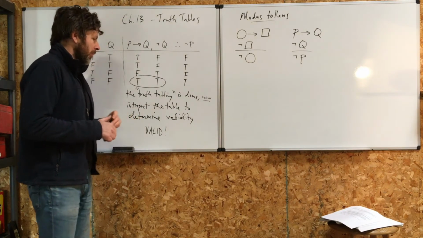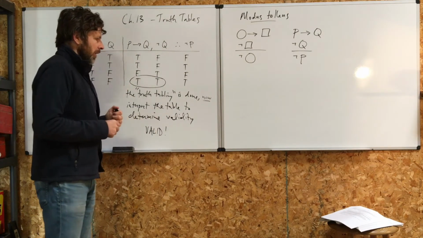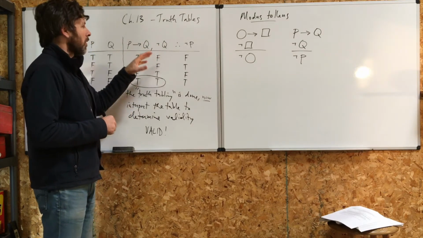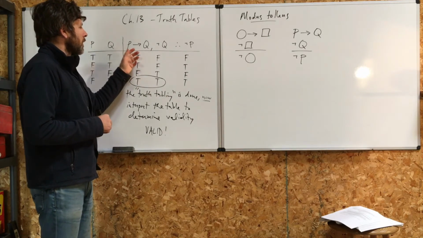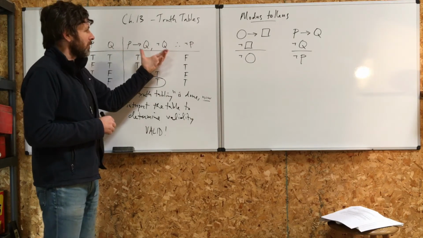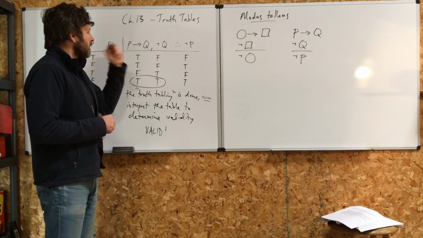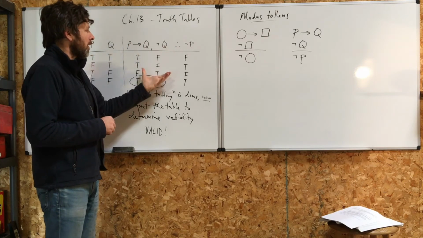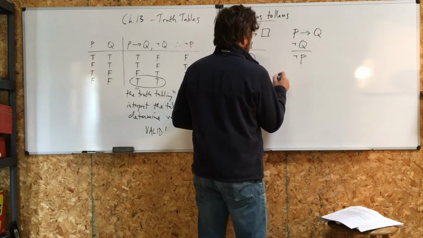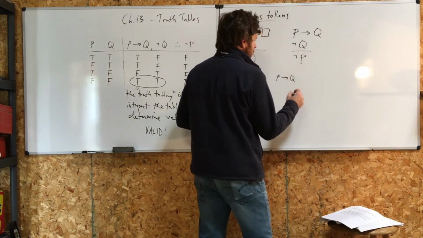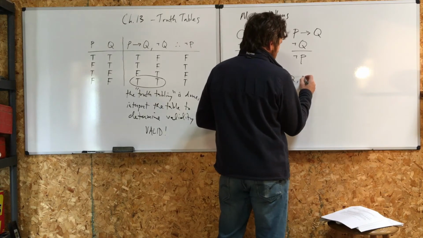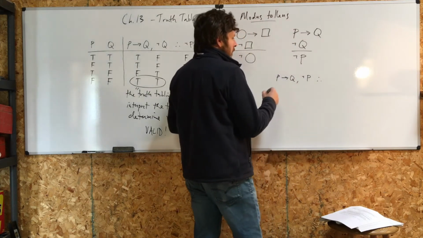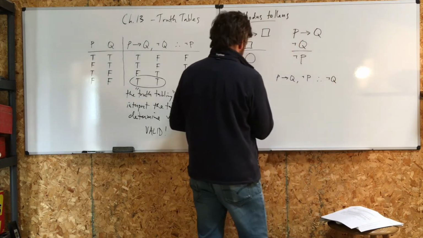But before I write up the method of how to determine validity, let's truth table an invalid argument. And what we're going to do is tweak modus tollens to make it a fallacy. Instead of denying the consequent, let's deny the antecedent and see if we can prove that argument to be invalid. Okay, so we begin with P arrow Q, comma. Now the next premise, instead of not Q, is going to be not P. And the conclusion will be not Q. Okay, so let's test